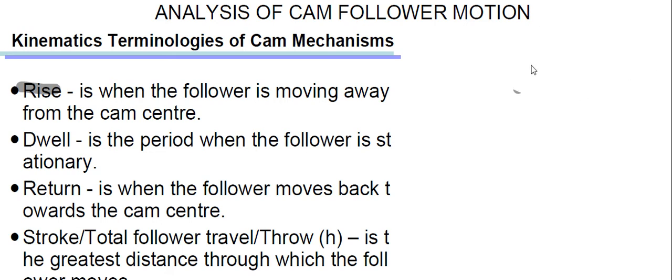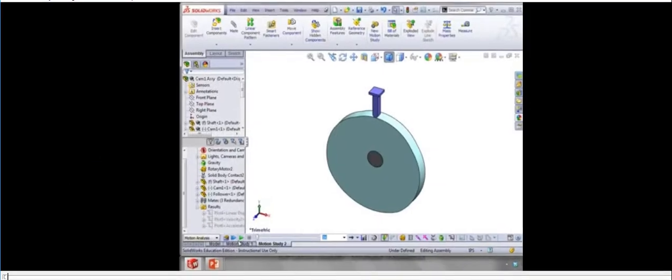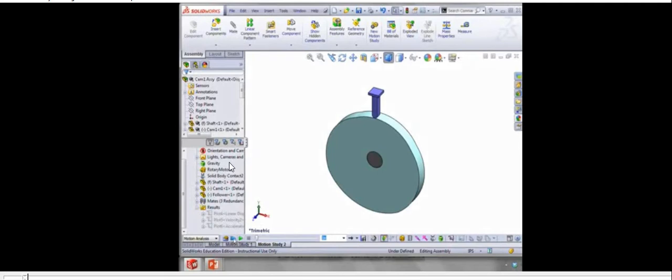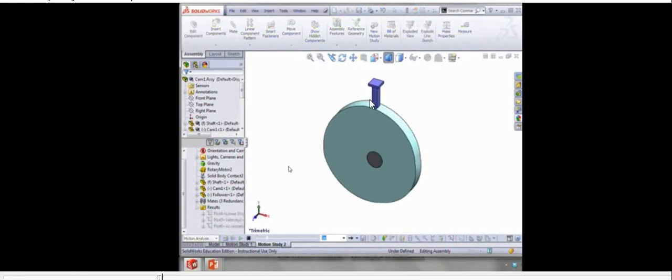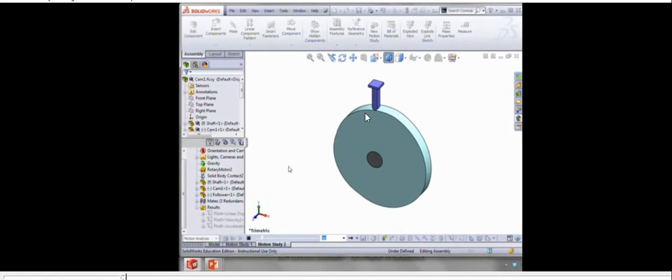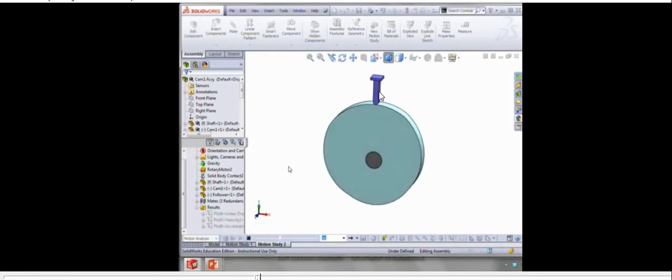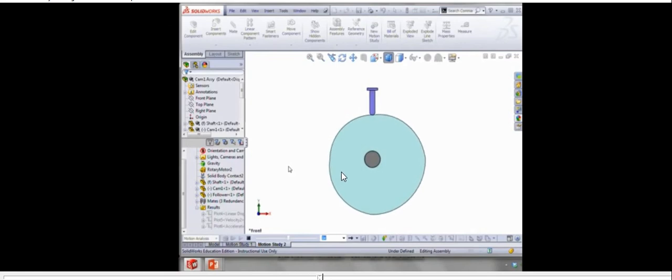Okay, and we will see this through an animation. So let's see an animation. What is this dwell and all those things means? Okay, so here you can see a cam which moves. So that is rise. That is coming down is known as fall. So again, rise, dwell, fall. Outstroke, dwell, return stroke. Again, outstroke, dwell, return stroke.